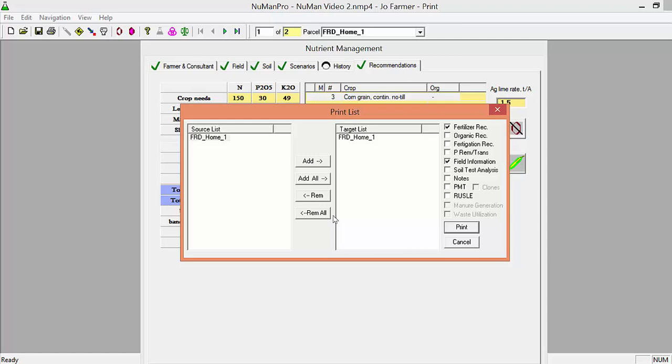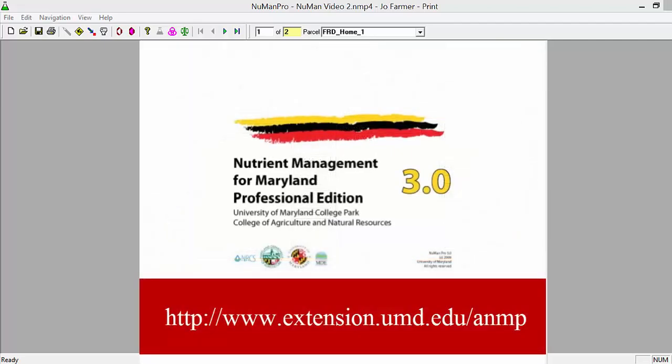This completes our introduction to NuMan Pro. For additional details on the features of this software and its use under different scenarios, please review the NuMan Pro 3.0 instruction manual available on the Agricultural Nutrient Management